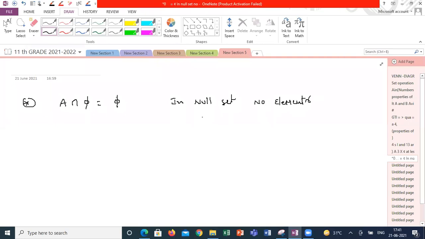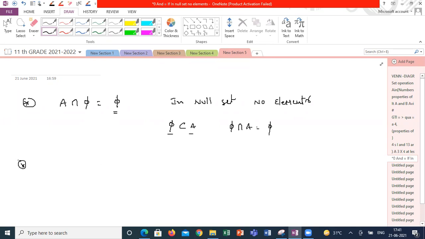The null set is a subset of A. Like that also I can say a subset and set intersection is always that subset. That is also one more theoretical explanation. Null set is a subset of A. From previous properties, if any set is a subset of A, its intersection is the null set. Like that also I can explain.